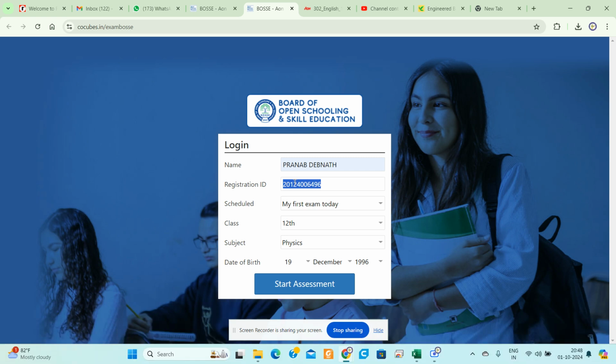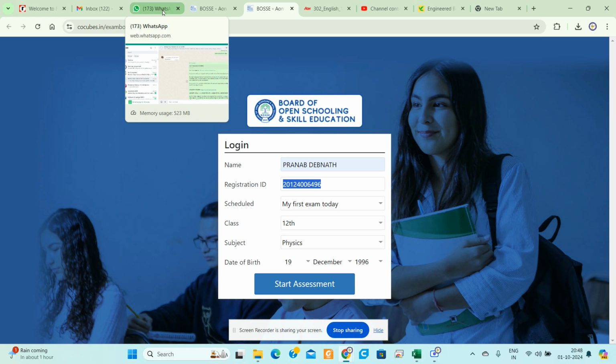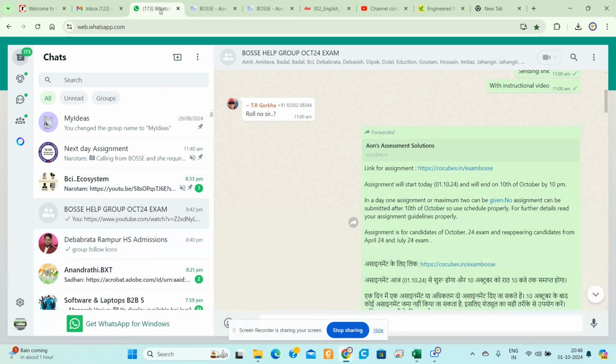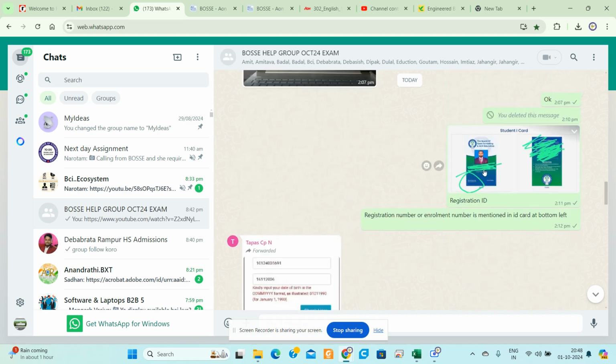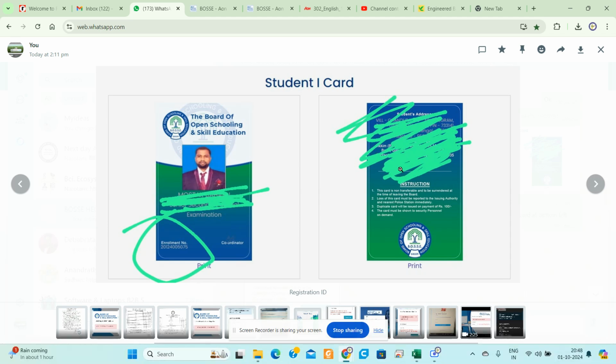This is called the registration ID, and this registration ID can be downloaded from your login in the BOSS portal. Otherwise, you can contact your respective study centers to collect your ID card. I have already shared a sample ID card, showing how to find the registration ID from your ID card. This is your ID card. Just look at the bottom left of your ID card. Here